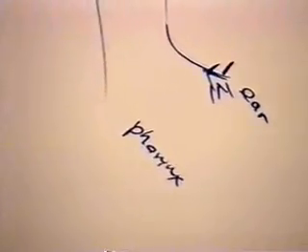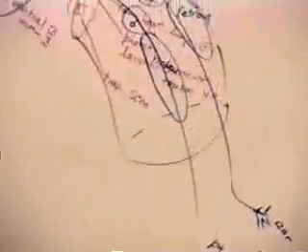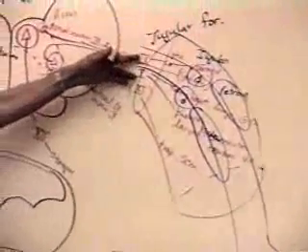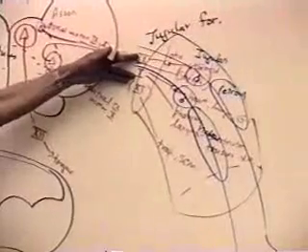The central dorsal root equivalent comes in with the motor fibers, mixed nerve,